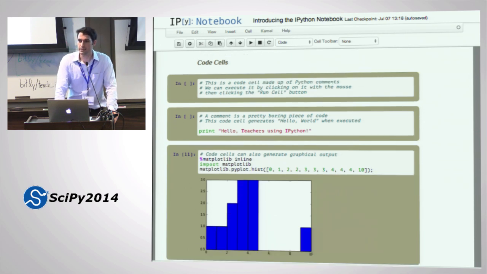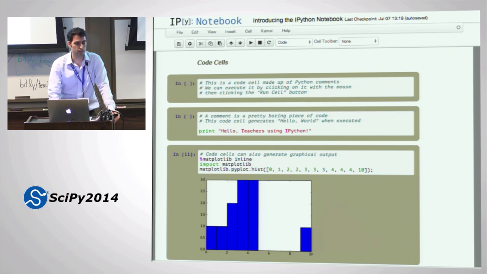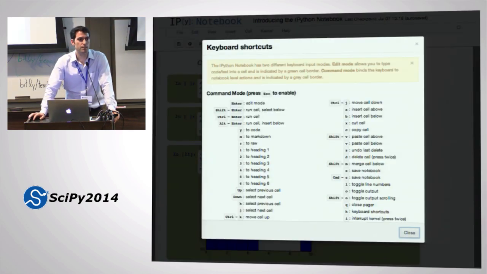So these are the two stances. The most important thing you should know is that if you are in the command stance, right, we're not editing a cell. You can get to it by pressing escape. I think if you press escape 100 times, you'll definitely be in command stance. Type the letter H, okay? That brings up help. This is the most important keyboard sequence in the IPython notebook. Escape H, right? Tell me what to do.